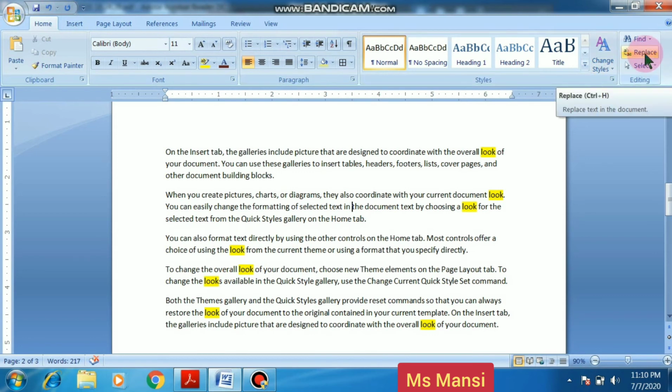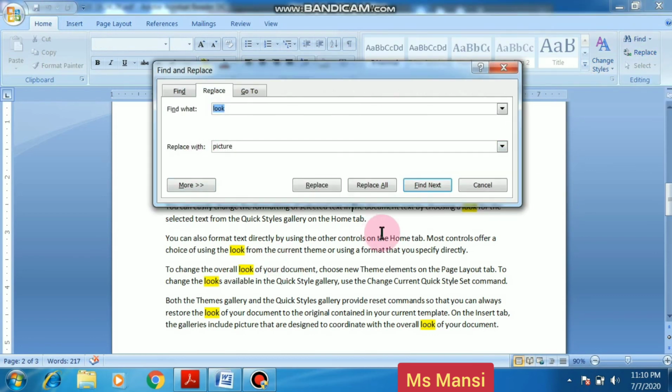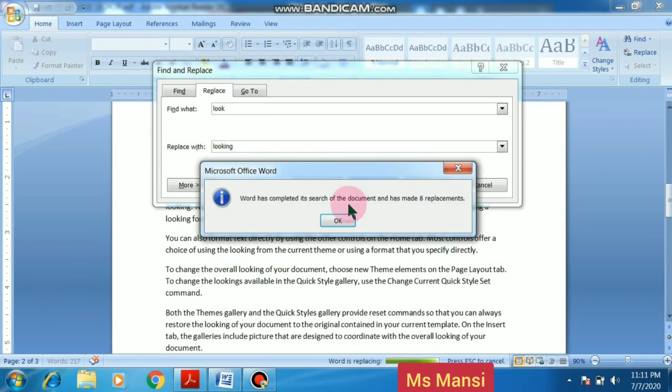Then I use the Replace button. If I want to change look to looking, wherever look is written in this paragraph, it will change to looking. So I click on Replace All and OK.